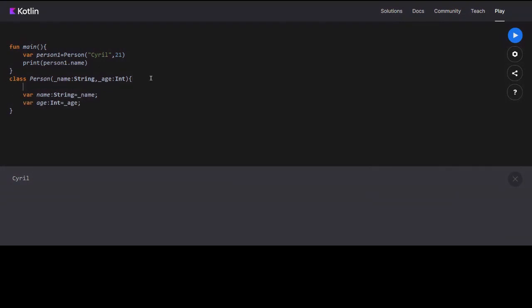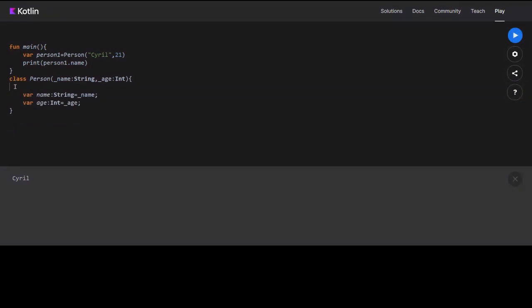You can also add more constructors by just saying constructor. What was the name? Yeah, like this. And just define the constructor here also with different parameters like this.